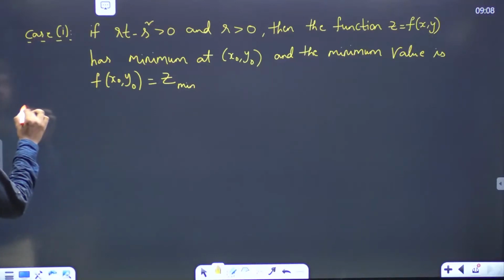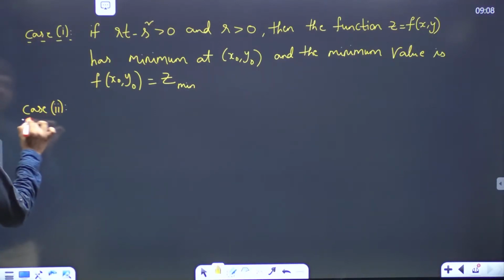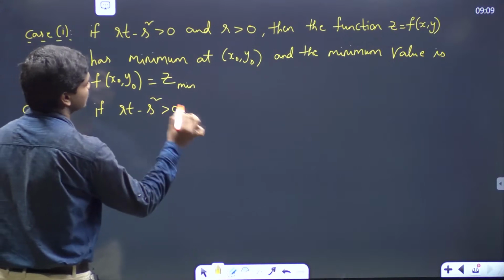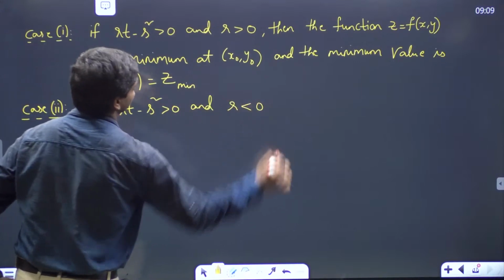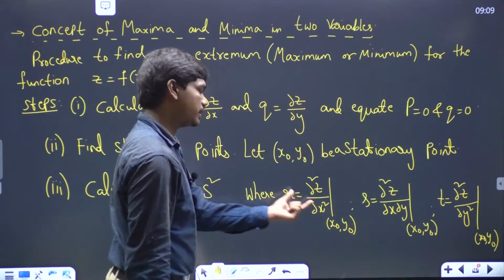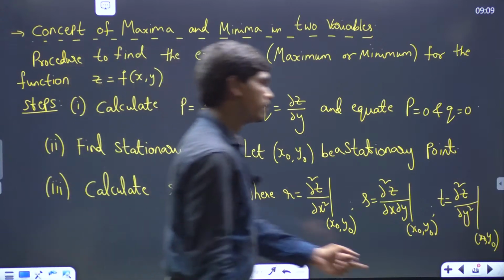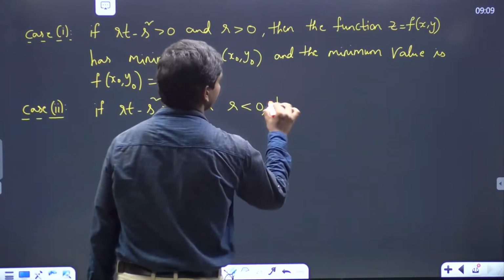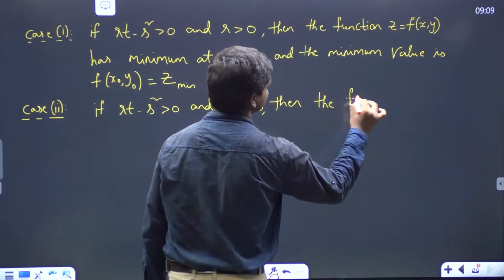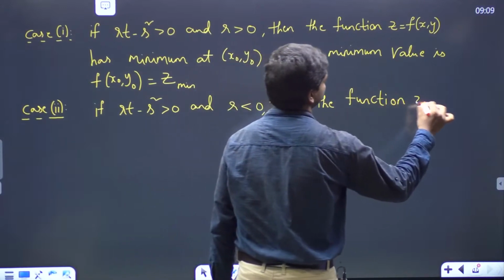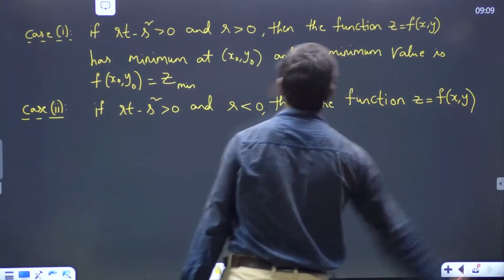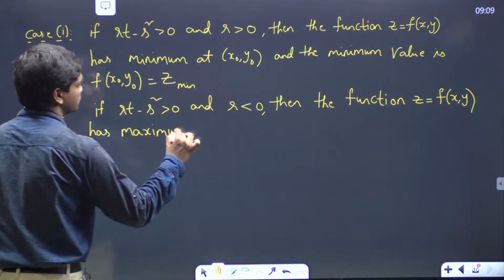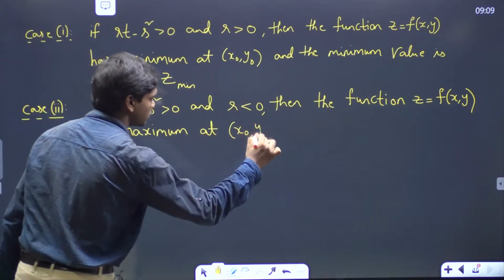Okay, now case 2. If RT minus S square is greater than 0 and R is less than 0, means basically when you calculate these values, this value is negative but this total value is positive, then the function z is equal to f of x comma y has maximum at x0, y0 and